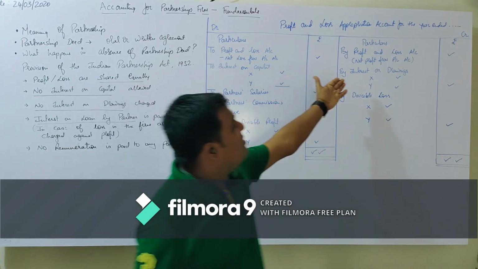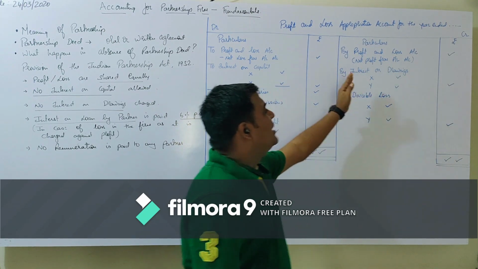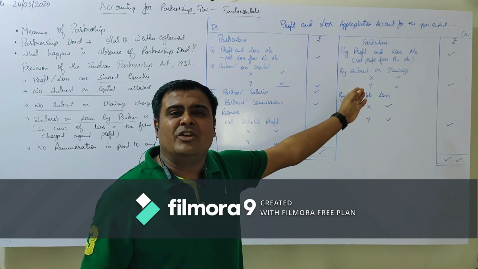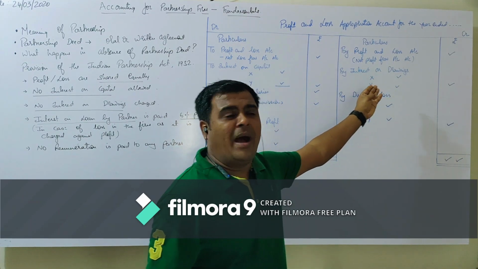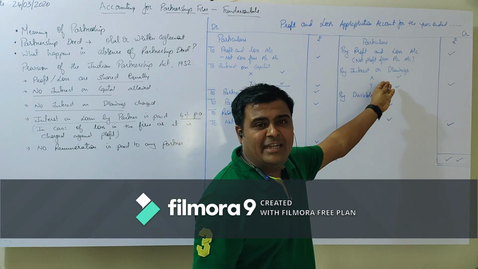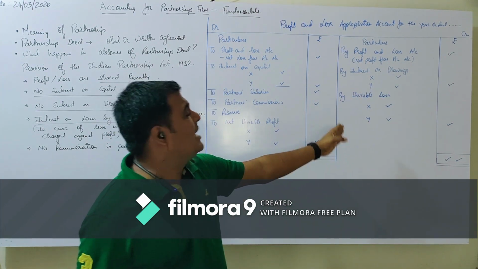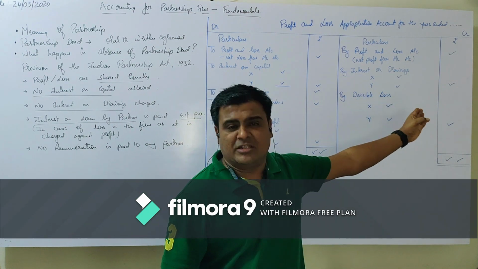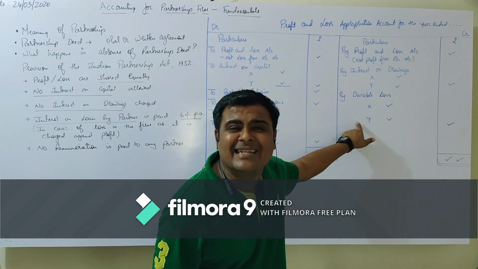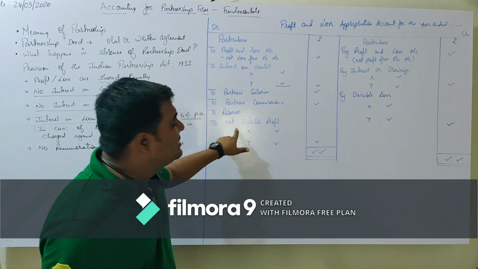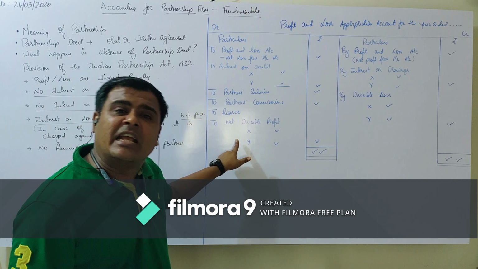On the credit side, there will be the profit and loss account, that is net profit transferred from the profit and loss account. The next one is interest on drawings. If interest on drawings is allowed, then interest on drawings is charged to the partners' drawings, and we write it on the credit side of the profit and loss appropriation account. On the credit side there is also the divisible loss, the loss from the profit and loss appropriation, which will be transferred to the partners' capital accounts. Here, net divisible profit, the same thing, will be transferred to the credit side of the partners' capital accounts.